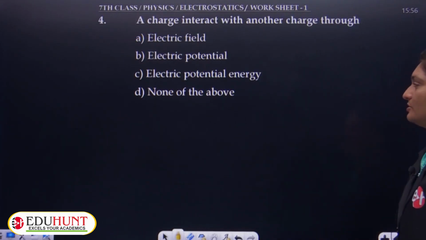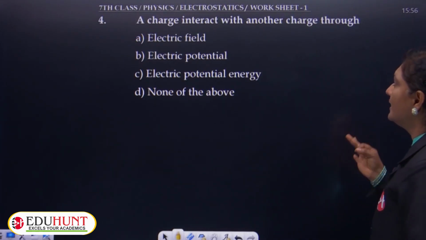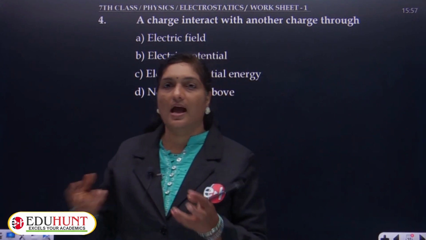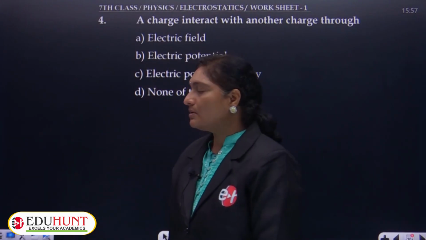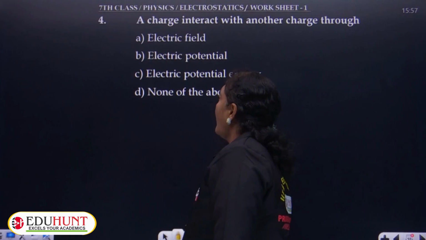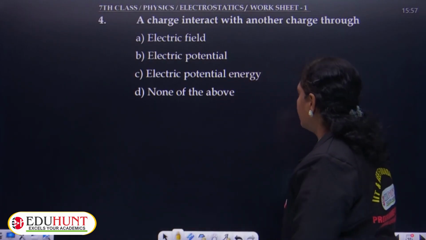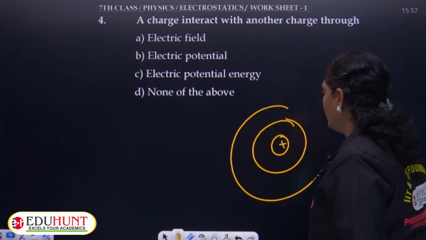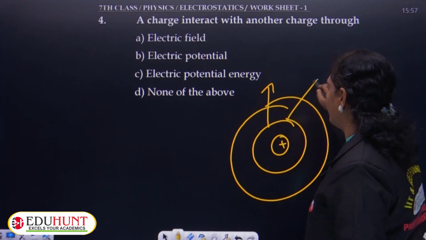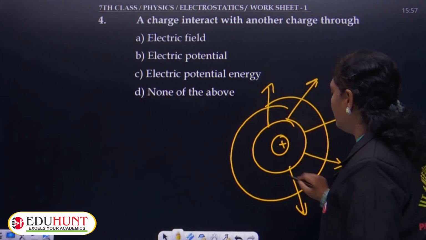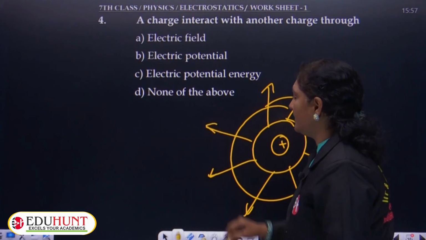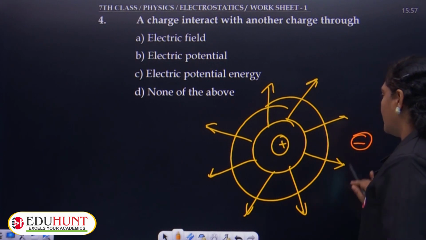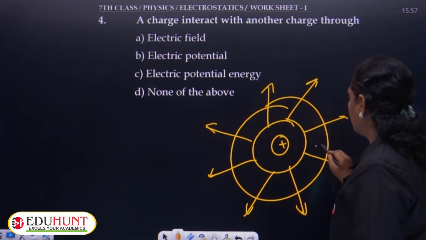Well, now moving to the next question, the fourth one. A charge interacts with another charge through what? So, one charge and another charge, how do they interact with each other? One charge interacts with another charge because around it, an electric field is there. Electric field means the region up to which its influence is felt. If you carry another charge nearby, somewhere here, then